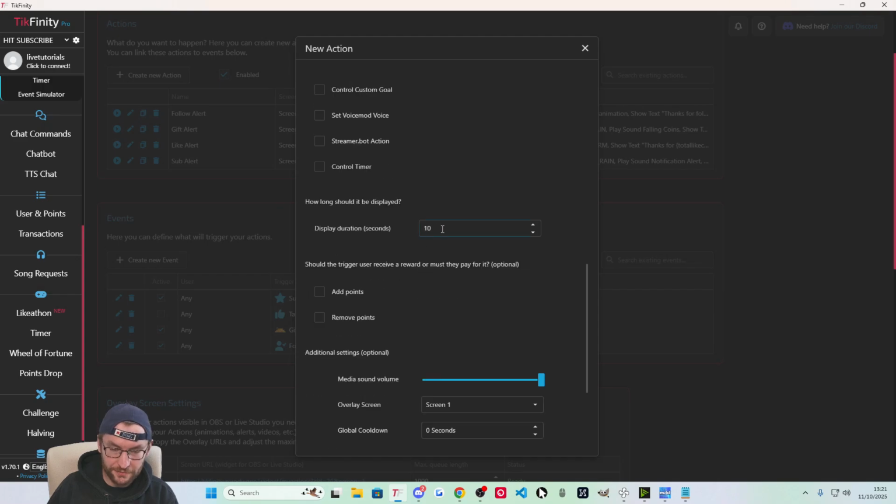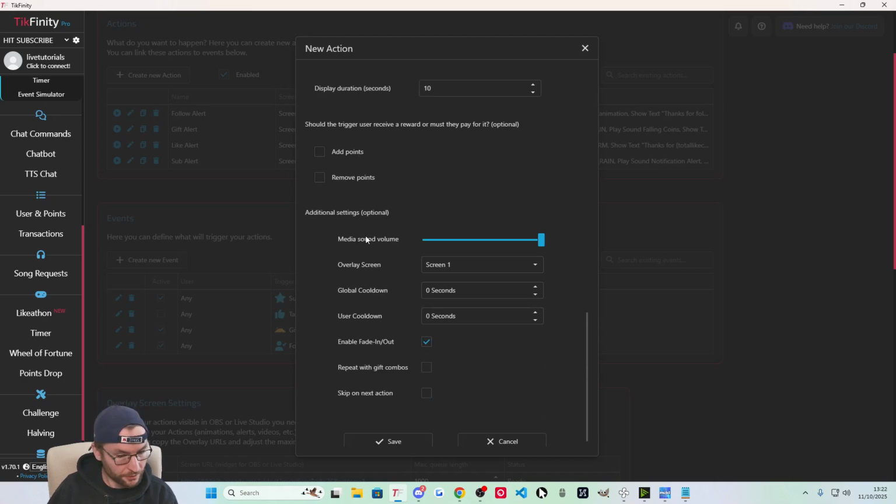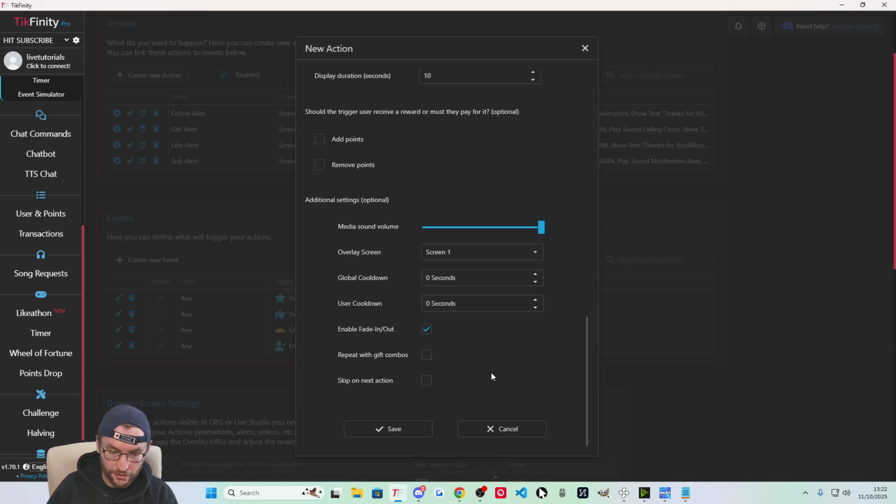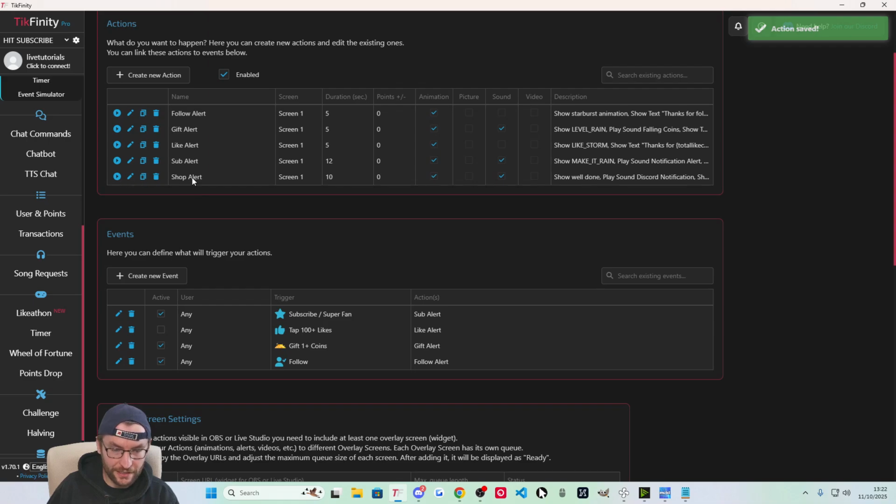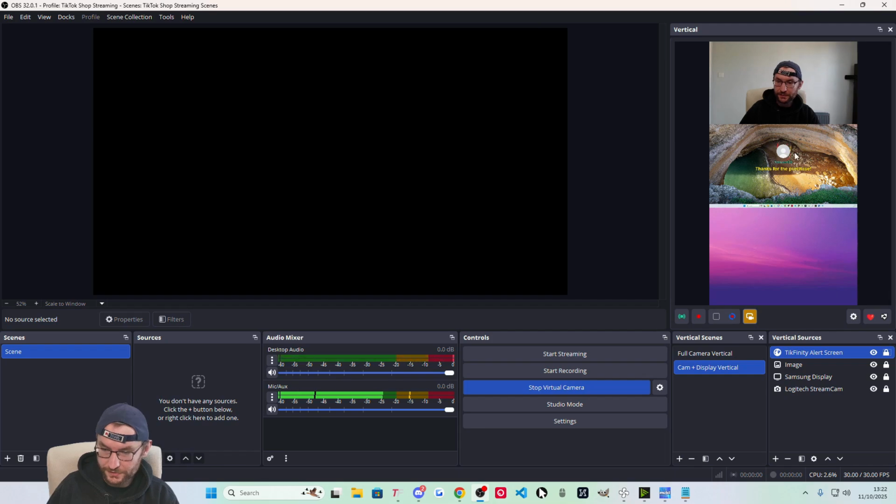Anyway, let's scroll down. The display duration is how long this alert shows on the screen. So 10 seconds might be fine. You might want to lower it a little bit or even raise it. That's up to you. All of these other options are fine as the default, so I'll press save. You can see I've now got the shop alert. I could play it right now. Thanks for the purchase. You can see it's on my screen right now,